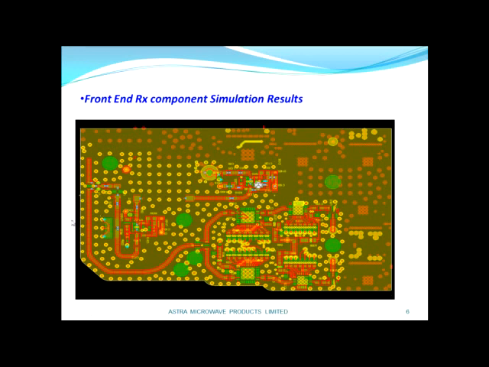As I mentioned, this is the 64 channel card. I have divided the individual channel using the cookie cutter option available in ADS. This is the connector. From this, the front end has the matching component and the low noise amplifier. The output of the low noise amplifier goes to the BPF, and from there again to a low noise amplifier, after that to a low pass filter, and then the power divider.